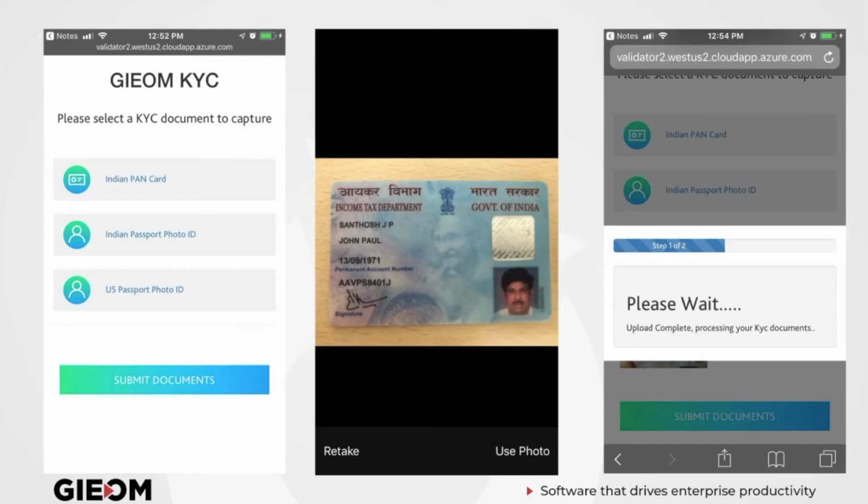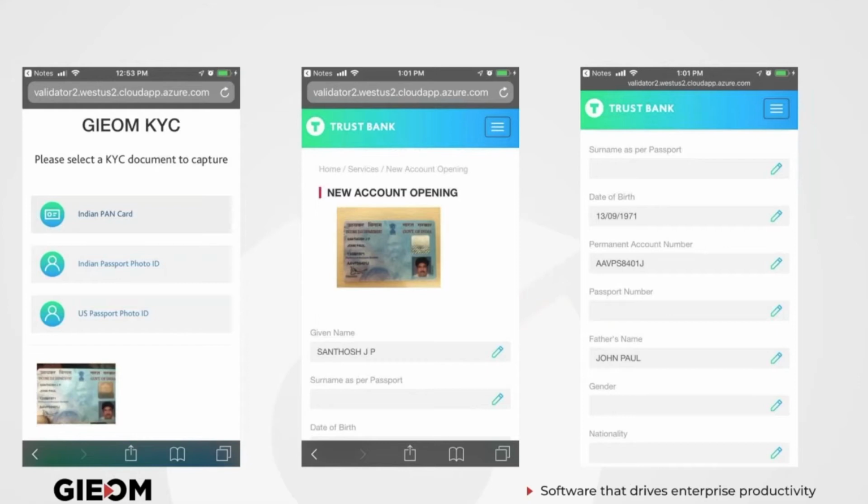If the person takes a ration card instead of a PAN card, the system will reject it then and there, saying that what I expected, or what I'm trained as a system using the machine learning algorithm, doesn't look like a PAN card. Once it passes that test, it goes in and does an OCR on it. So the data comes out of the system and pre-populates the fields in the tablet app without the user